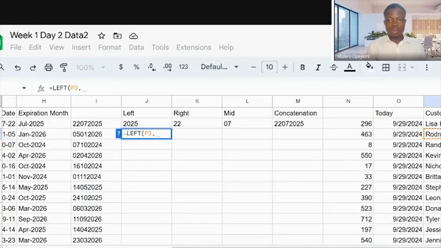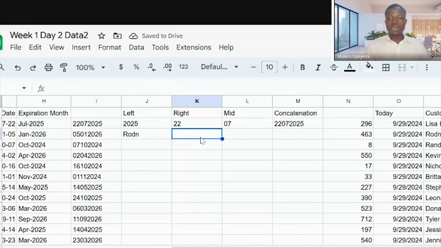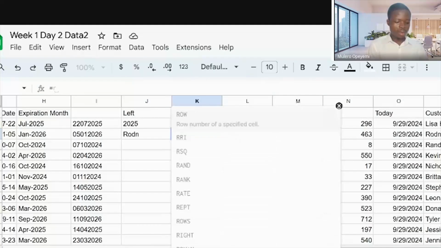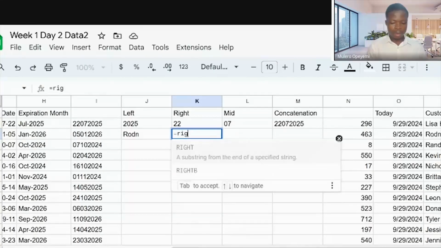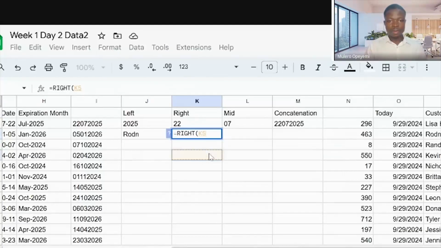So I need 4 characters from the left. And that is it. Now from the right, I need 5 characters from the right. That's the equals right. This particular one, 5 characters from the right.